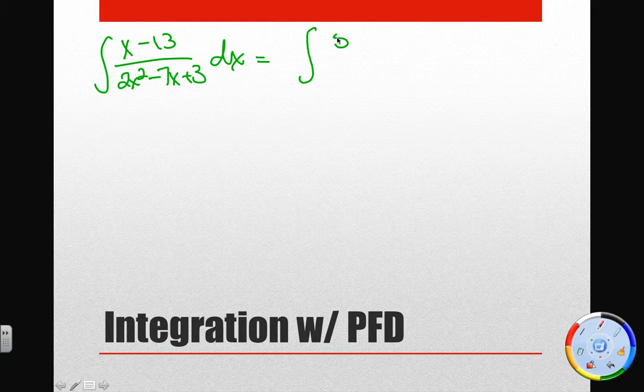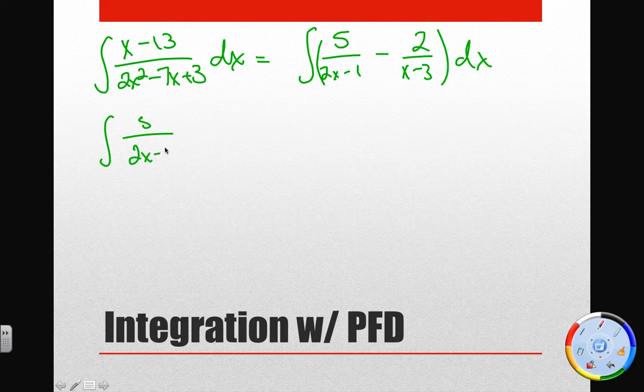We decomposed that into 5 over (2x minus 1) minus 2 over (x minus 3) dx. Well, integration of a difference just means I can integrate like this. That's kind of nice, because technically the 2 could come out and the 5 could come out. And then we're taking the integral of 1 over 2x minus 1. Well, if I take the integral of something over something,